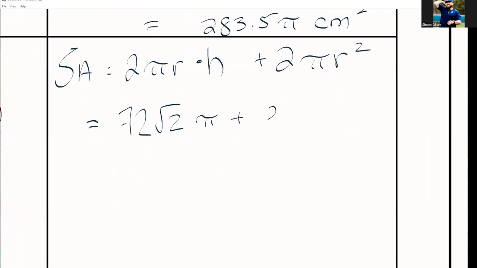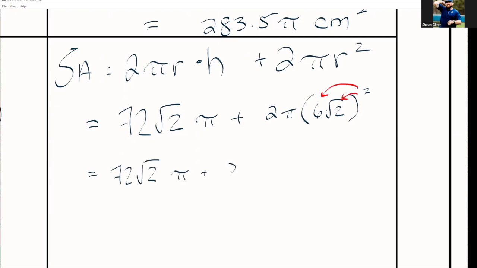But we get 2 pi times 6 root 2 squared. When we square a square root, remember that 2 is going to distribute to the 6, and that 2 is going to distribute to the square root of 2. So we end up with 72 root 2 pi